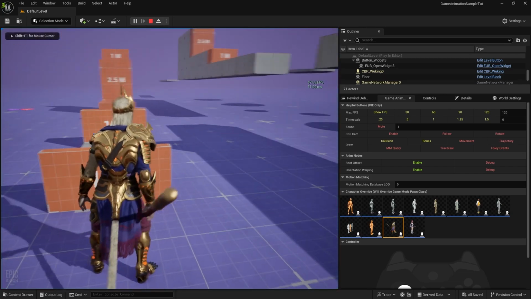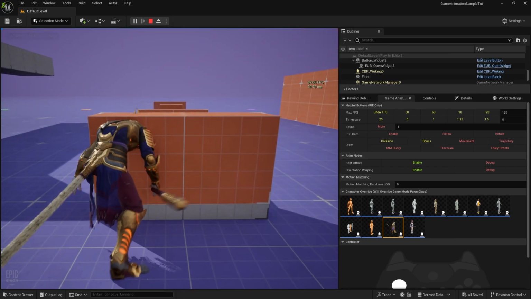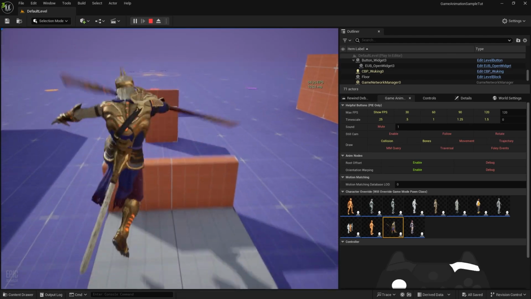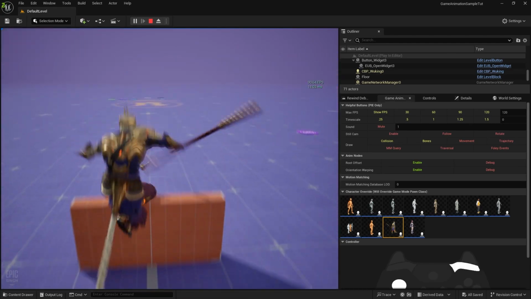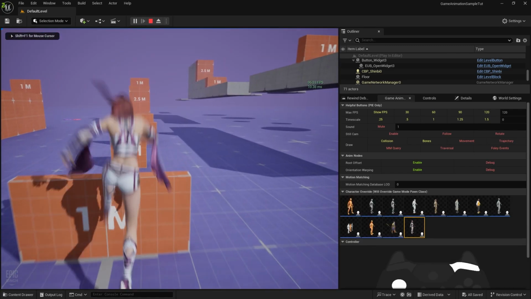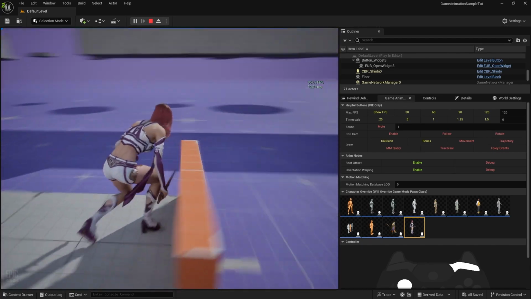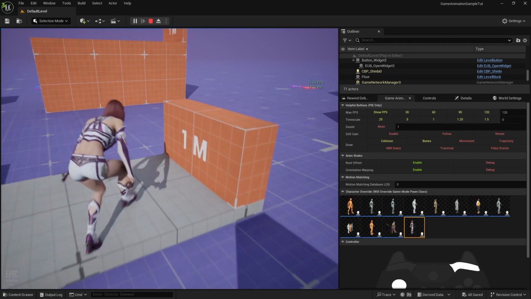I'll press this again, so it is crouching in my custom character as well. I'll crouch, uncrouch, and everything is working fine. So the Shinbi character will also crouch,